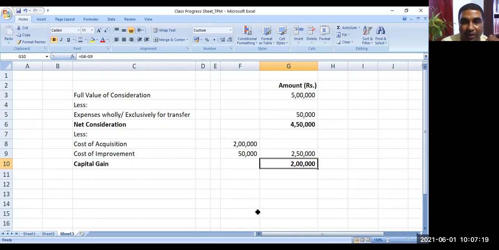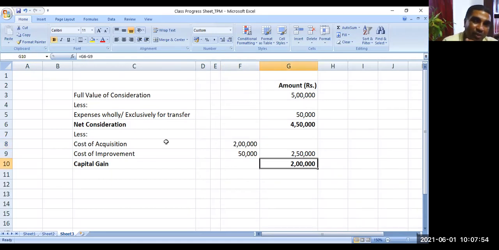2 lakh rupees. Okay, understood this thing. Now, in case of long-term capital gain, indexation is allowed. Indexation means, you see, the cost of acquisition is how much? 2 lakh rupees, I told you. But let us say you have acquired that land 10 years back. Are you getting me? 10 years back, you have spent 2 lakh rupees. But whether the value of 2 lakh rupees is same right now? No. So real value might be more. So if you deduct only 2 lakh rupees, you'll be getting more capital gain.